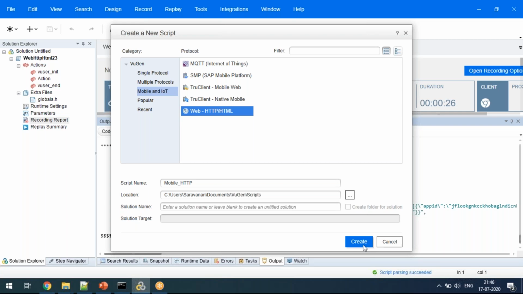There were people using mobile HTTP HTML, a separate protocol. Now they have moved back to web HTTP HTML and removed that protocol. Each and every version had modifications. In the current version, the mobile application can be recorded in the web HTTP HTML protocol. There is no separate mobile HTTP HTML protocol available. That is the information. Any clarity required, guys?